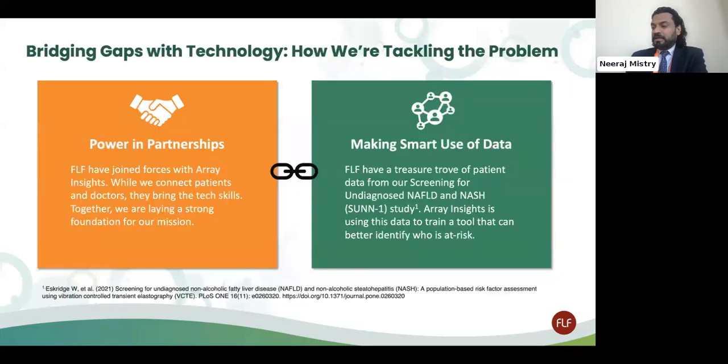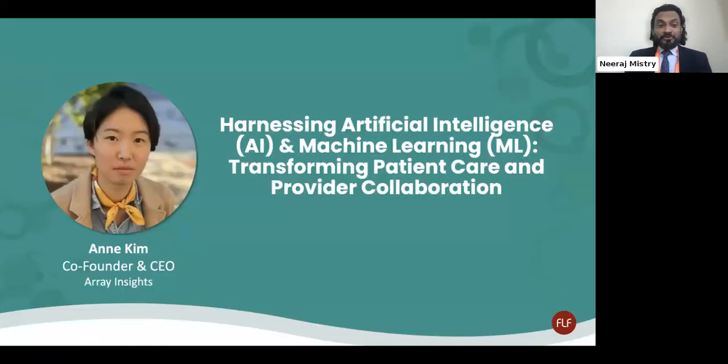Next slide, please. We are really looking to this partnership to bridge the use of this technology, in the big data world that we live in, and make it really meaningful and impactful for patients, to pick them up early and avoid them going down this trajectory of the disease. So with that, let me hand over to our new partner, collaborator, and friend of the Fatty Liver Foundation, and over to you.